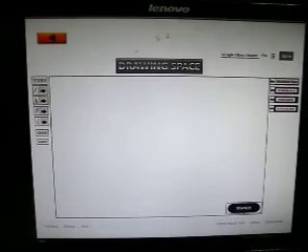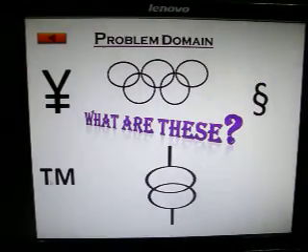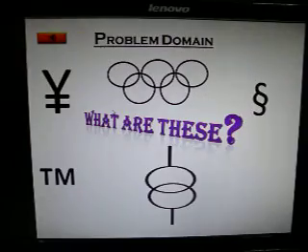Okay, this is the drawing space where we can draw our unknown objects like this one, this one, this one, this one, or this one. Actually, what are these? In order to know the detailed information of these unknown objects, we need to draw these unknown objects into that drawing space.